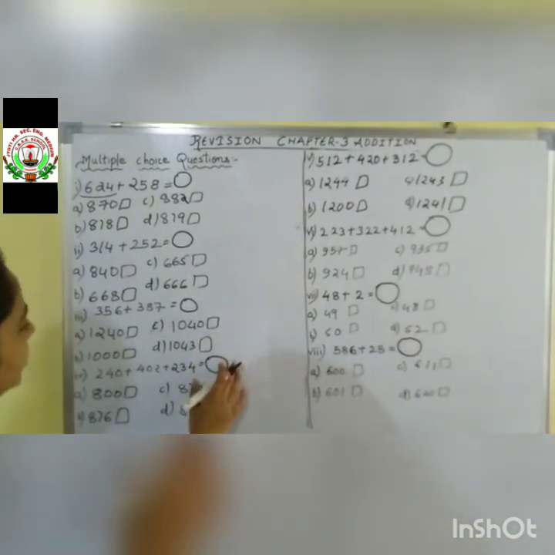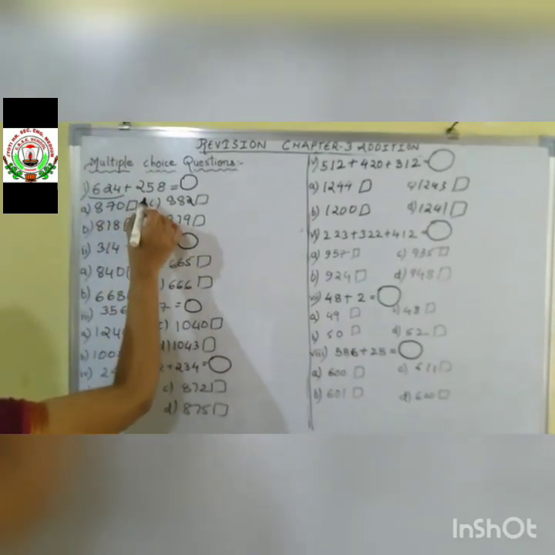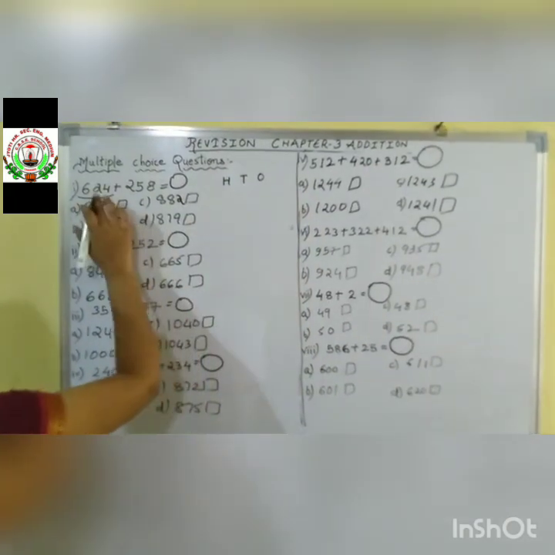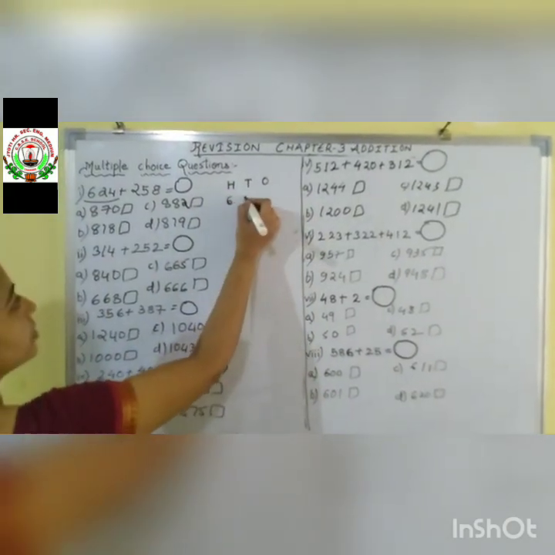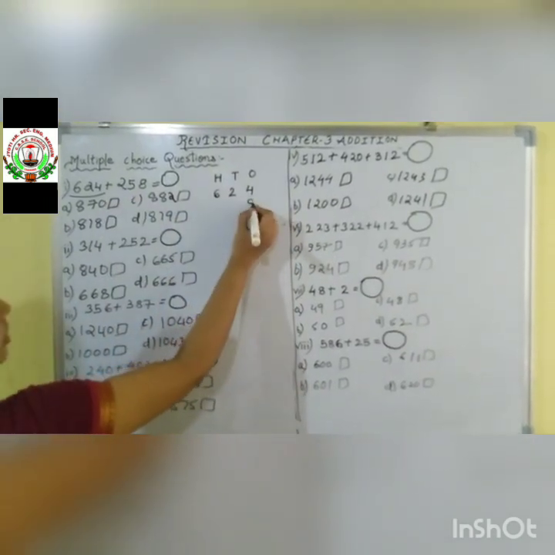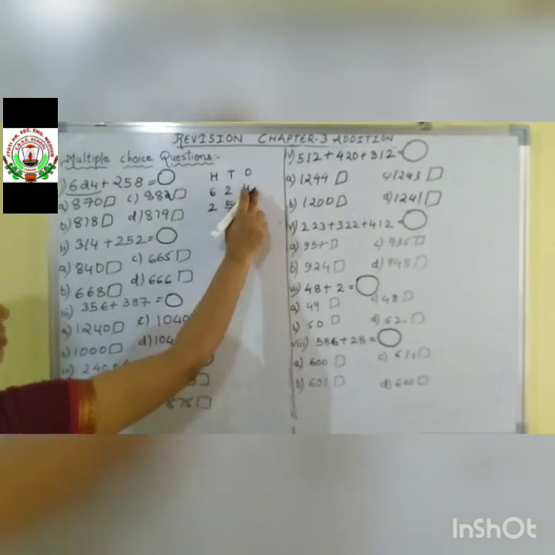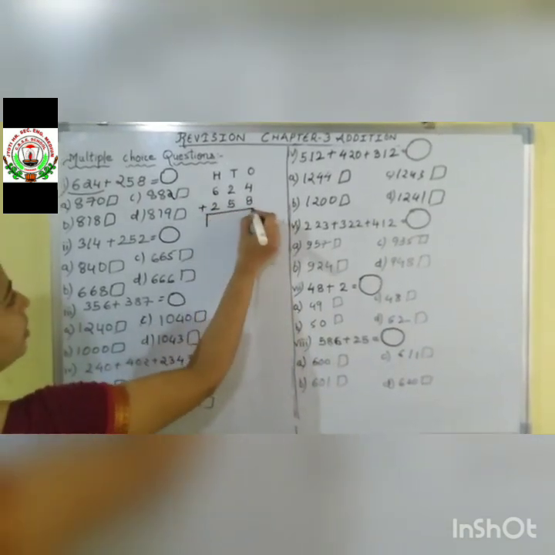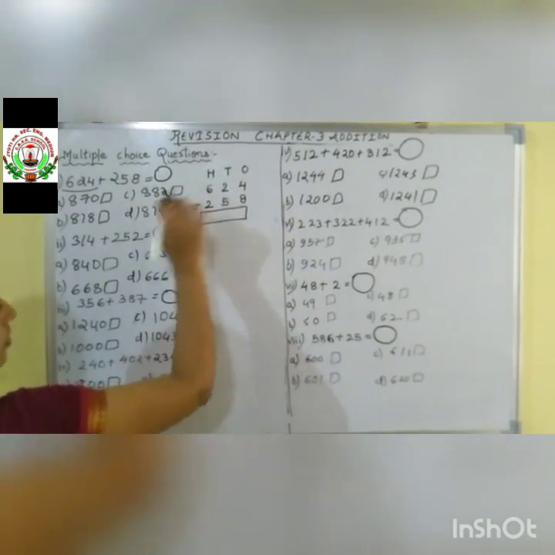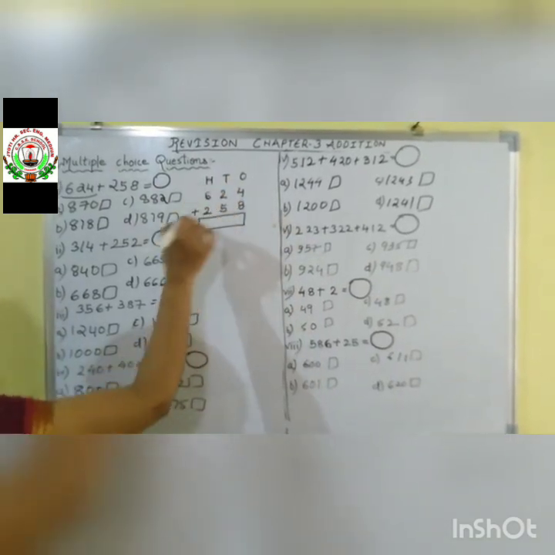Now we will do 3-digit addition. Let us do 624 plus 258. Hundreds, tens and ones place. Then write down the first number 624 like this. Then the second number 258. Start from the right side, the ones place. Then you will not be confused about where to place the digits under the hundreds, tens or ones place. Start from the ones place, then tens place, then go to the hundreds place.